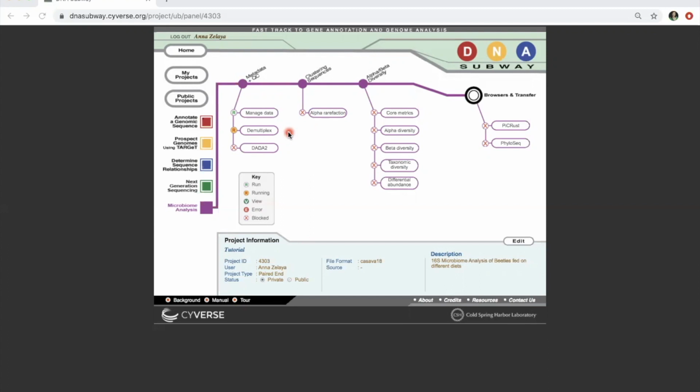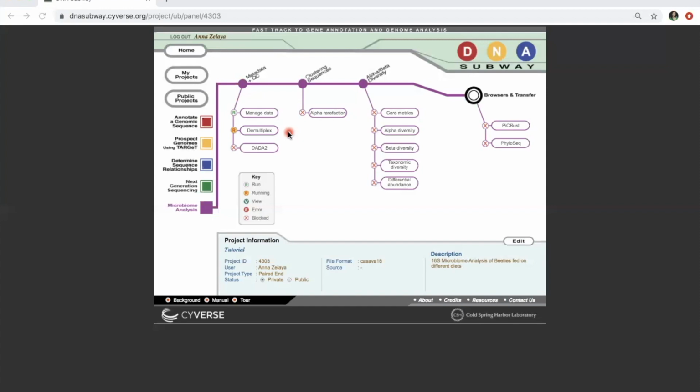It's basically taking all of our files. Each file represents a sample, and each file contains thousands of sequences that represent different potential bacteria. It's basically taking all of those sequences and analyzing them all together and keeping track of which sequences come from which samples. Another thing that it's doing is performing a quality check on each of those sequences, which will